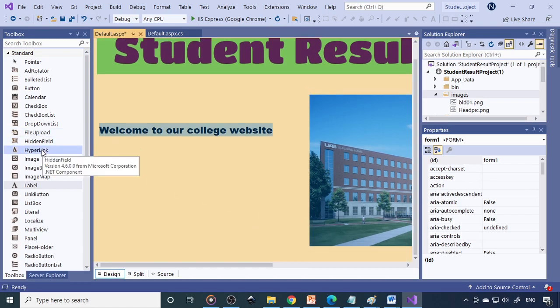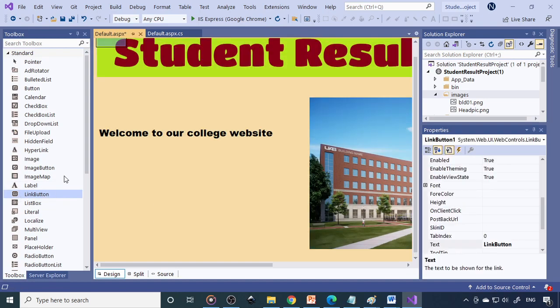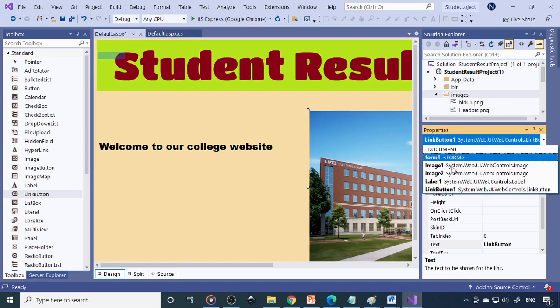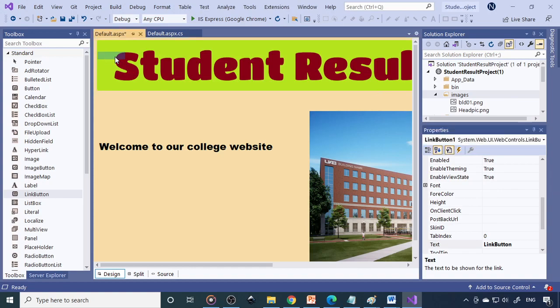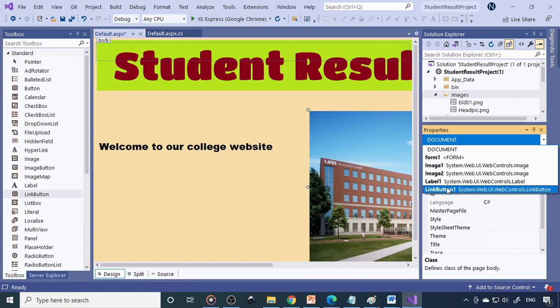For that you can use the hyperlink, or you can also use button, or you can use image, or you can use the link button. Fine, so we'll take the link button. So this is the link button. So select the link button again.